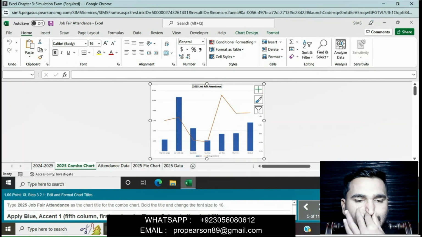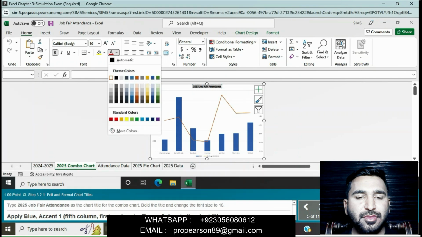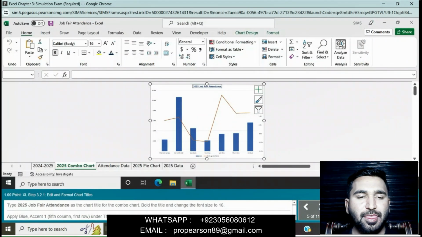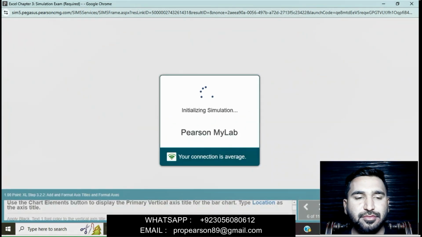Apply blue accent 1 under theme color to the chart title. That is the fifth column, first row. Right click on the chart, select chart title, go to the fill color and choose the fifth column, first row. This is done now. Next question is that